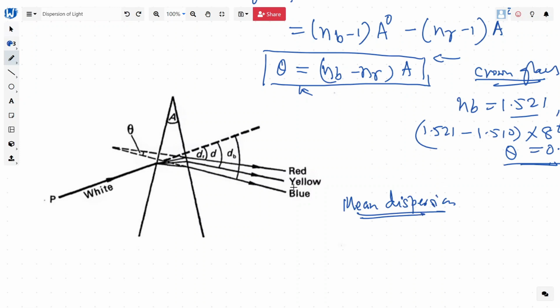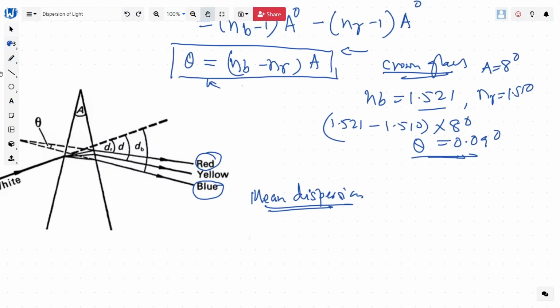Okay, so what is mean dispersion? It is when a ray of light comes in, some dispersion happens. We know that the blue one and the red one get deviated the most and the least, and the yellow one is somewhere in the middle, right? So let's call that the mean. On a similar argument, the mean dispersion is basically the deviation of the yellow light, right? So the refractive index for the yellow is going to be the average of